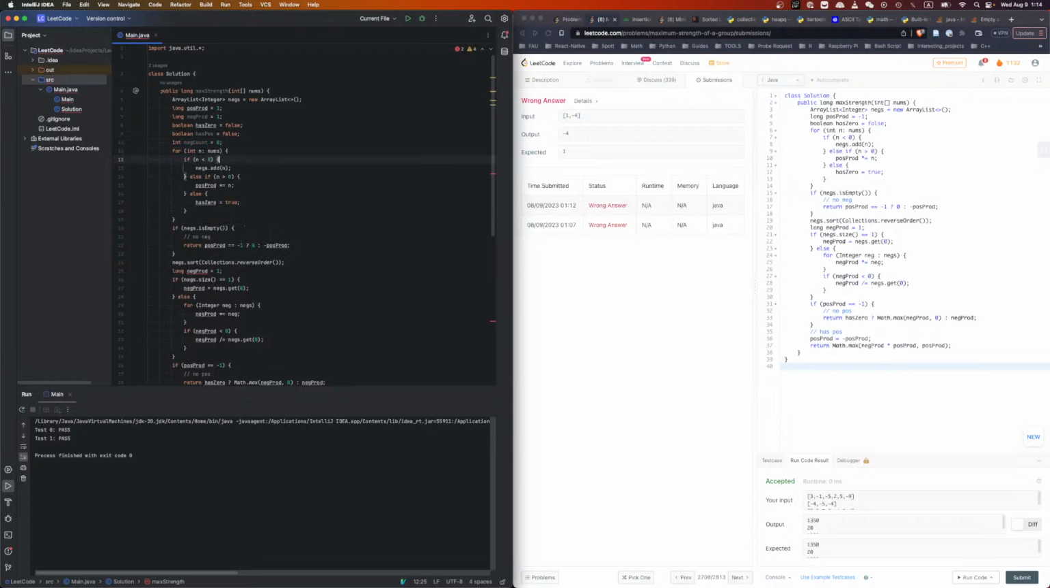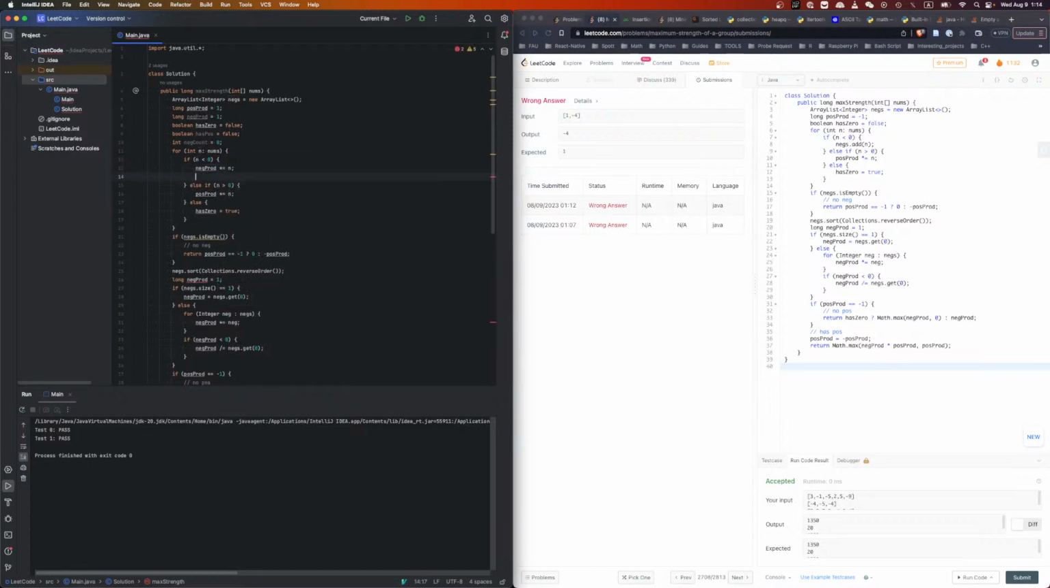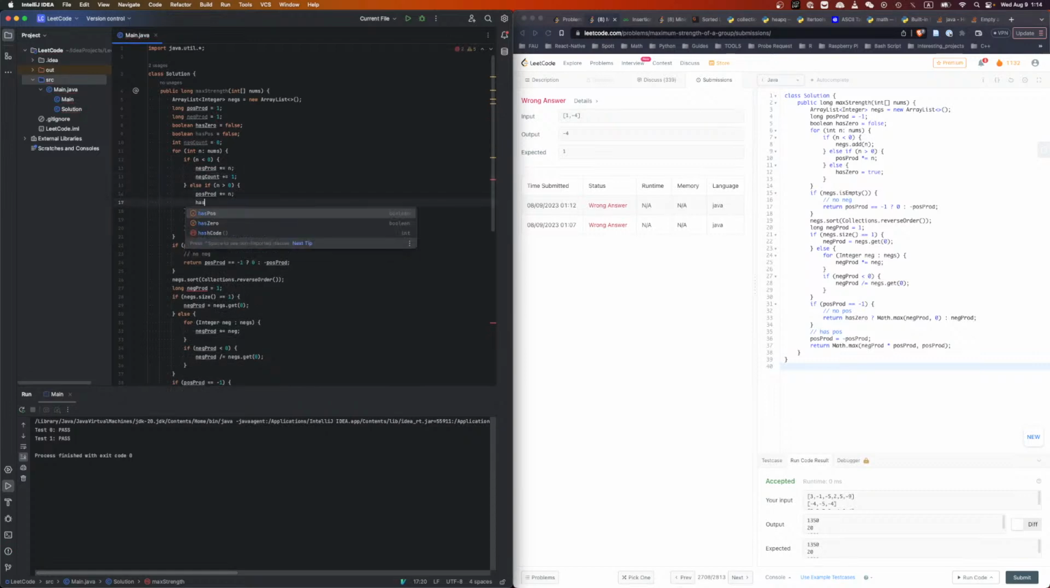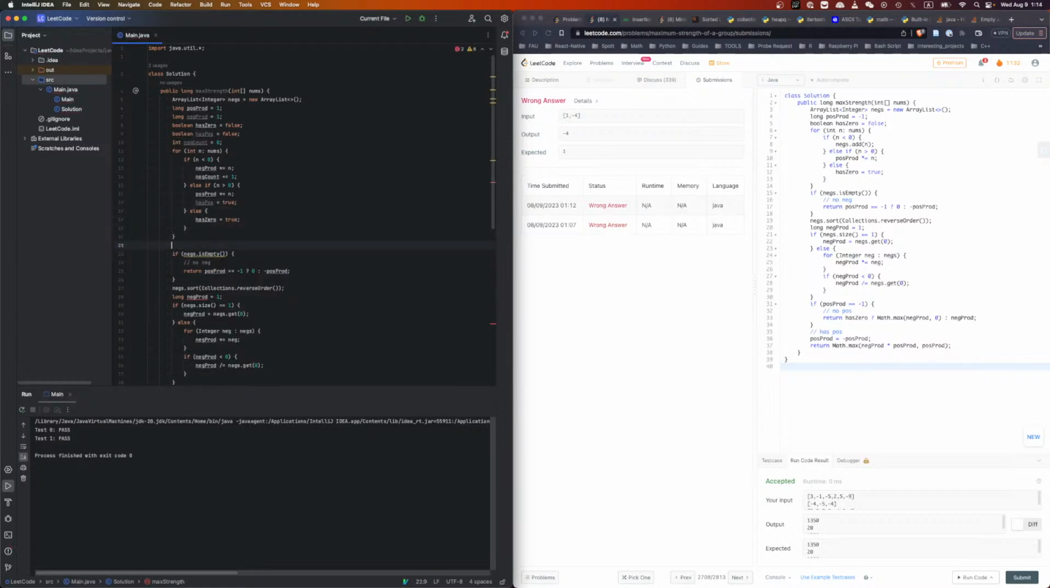Then for this, we say neg product times equal to n, neg count plus equal 1, has pause equal to true. Right? Then when we're done, now we can do a series of